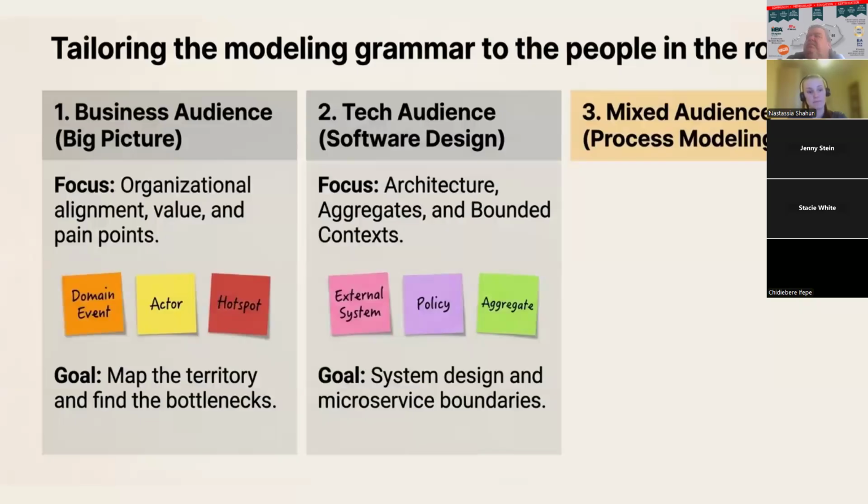Moving to the next audience, which is the tech audience, if I work with a technical audience, tech experts, I can go deeper into systems, policies, aggregates, or bounded contexts. These people are usually solution architects or lead developers, and they are mostly interested in getting the idea of the business process, but also in how the business steps we identify would be related to the functionality, to the systems they have or should have, because they can plan the architecture, plan the work more deeply.